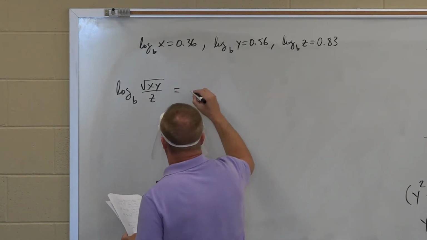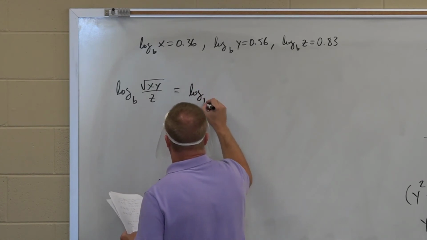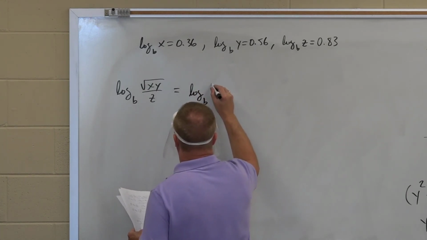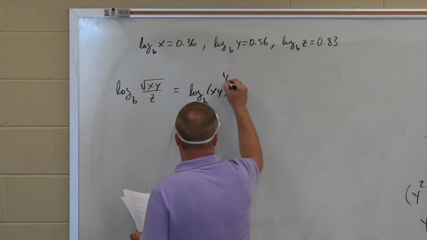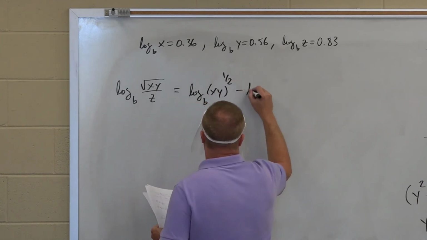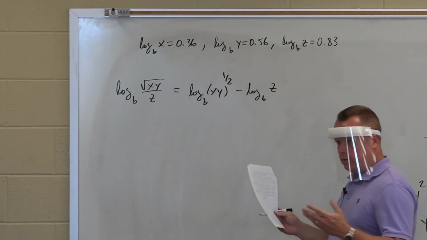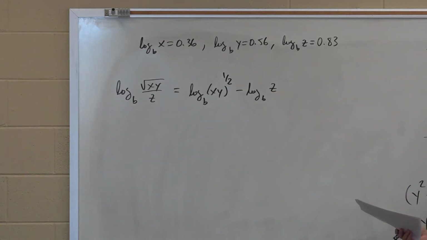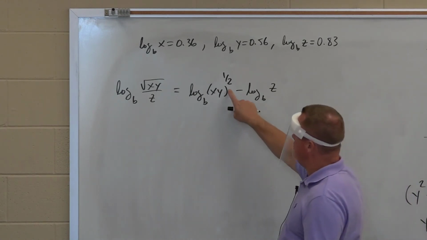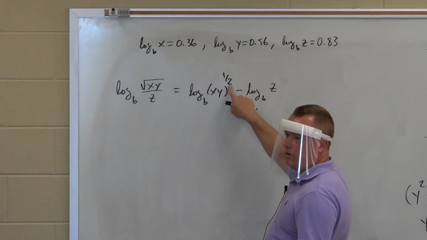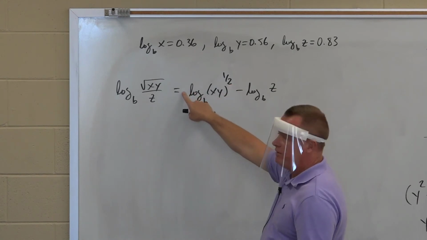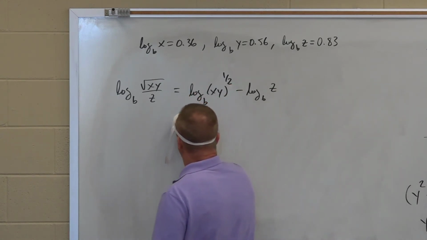So I would rewrite that as log base b of xy to the 1/2 power minus log base b of z. So remember, square root, same thing as 1/2 power, right? Okay. Now I could use the power rule to get that 1/2 away. So I can move that 1/2 in the front. So I get 1/2